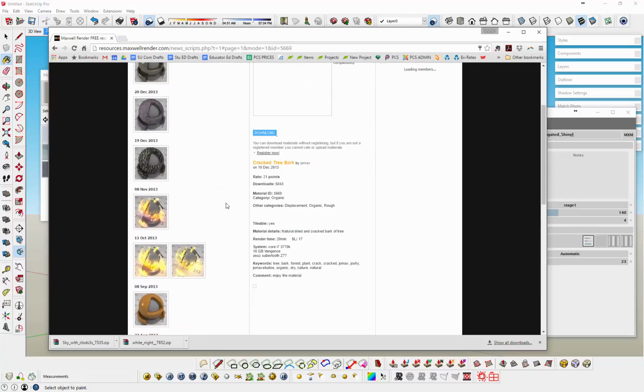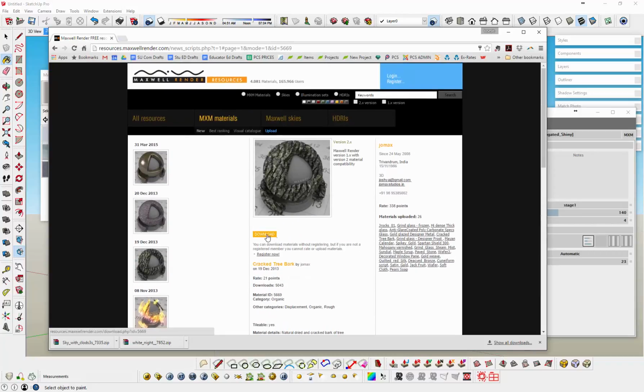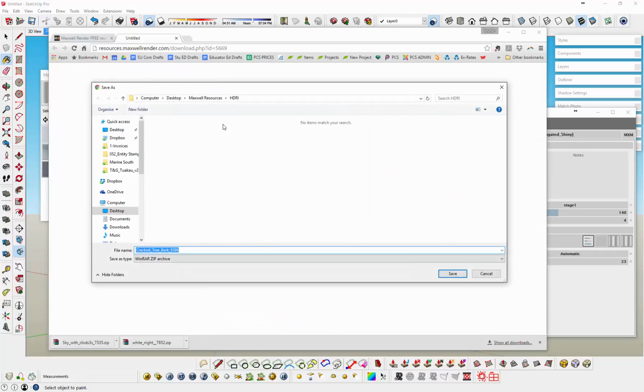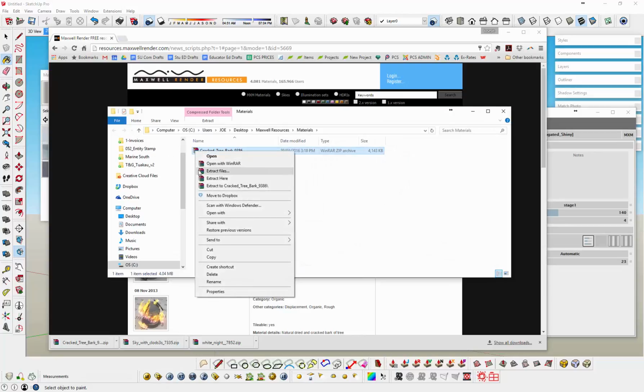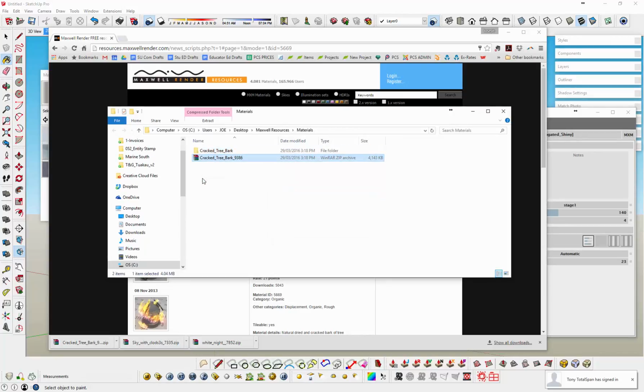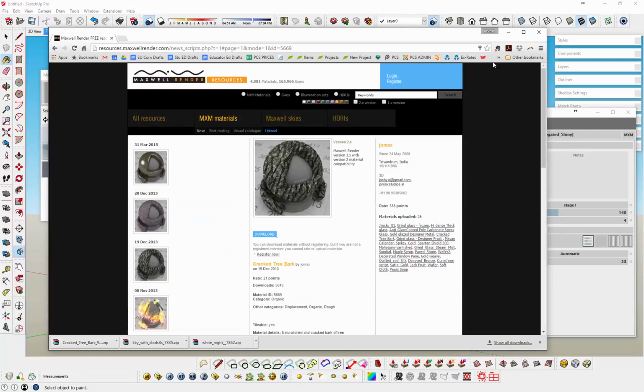So this bark material here, for example, click on download, and then we're going to go back to the resources, create a new folder and call it materials. Open this up, cracked bark, save. Again, right, show in the folder, extract it, right click, extract. And then we have this material here, and this is the MXM file that we're after. So back into SketchUp,